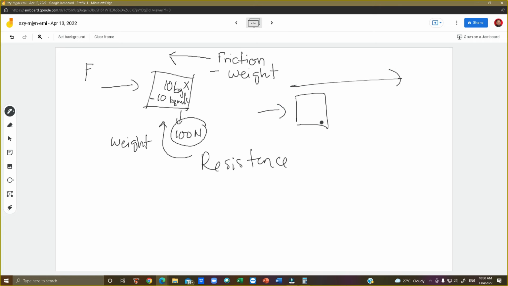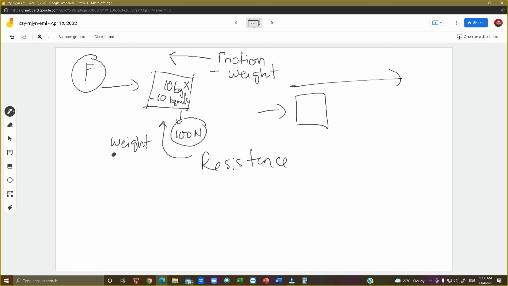Jadi maksudnya, tak adalah kita kata, you put force, object fly selaju-laju mungkin. No. It won't go that way. Macam cerita apa kan? Tolak sikit, sentuh, barang tu pergi. Go along the way. Tak ada. It won't go there. Meaning, the movement is going to be proportionate. Proportionate kepada apa? Magnitude of the force. Number 2. Inversely proportional to the mass of the object. Okay, maksudnya, kalau kata barang ni 100 Newton, how much force do you need in order to make it move?